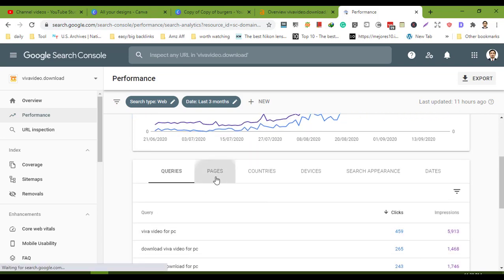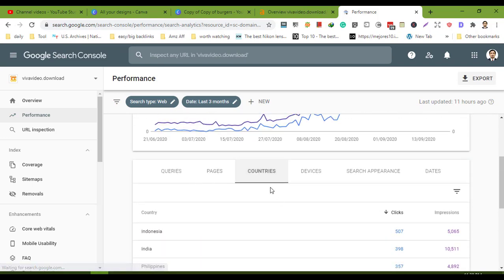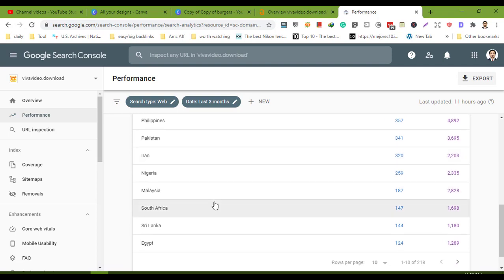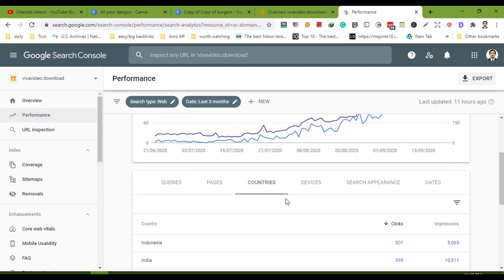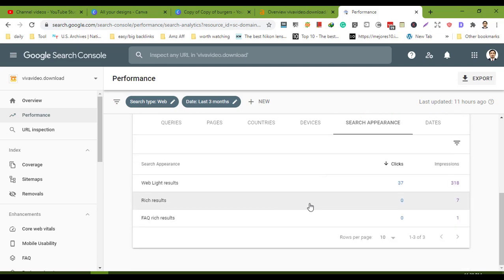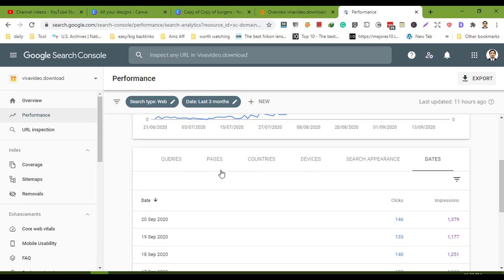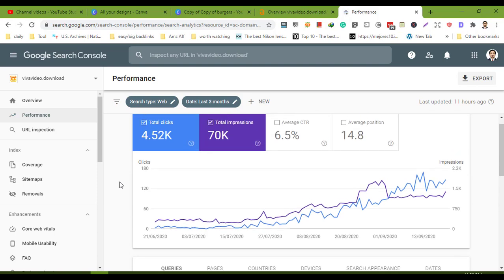But still, this is what we have here. They give you data on which countries you are getting the clicks or visits from, the devices, and the pages. So this is fine, but it's still not in that detail with which you can